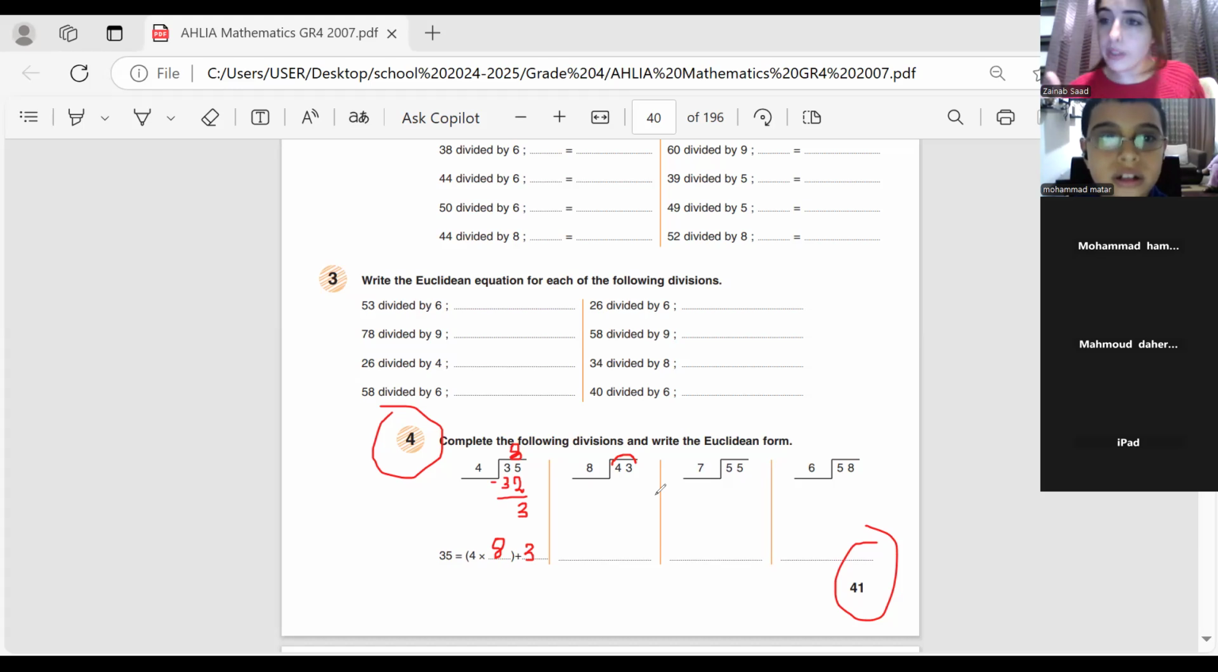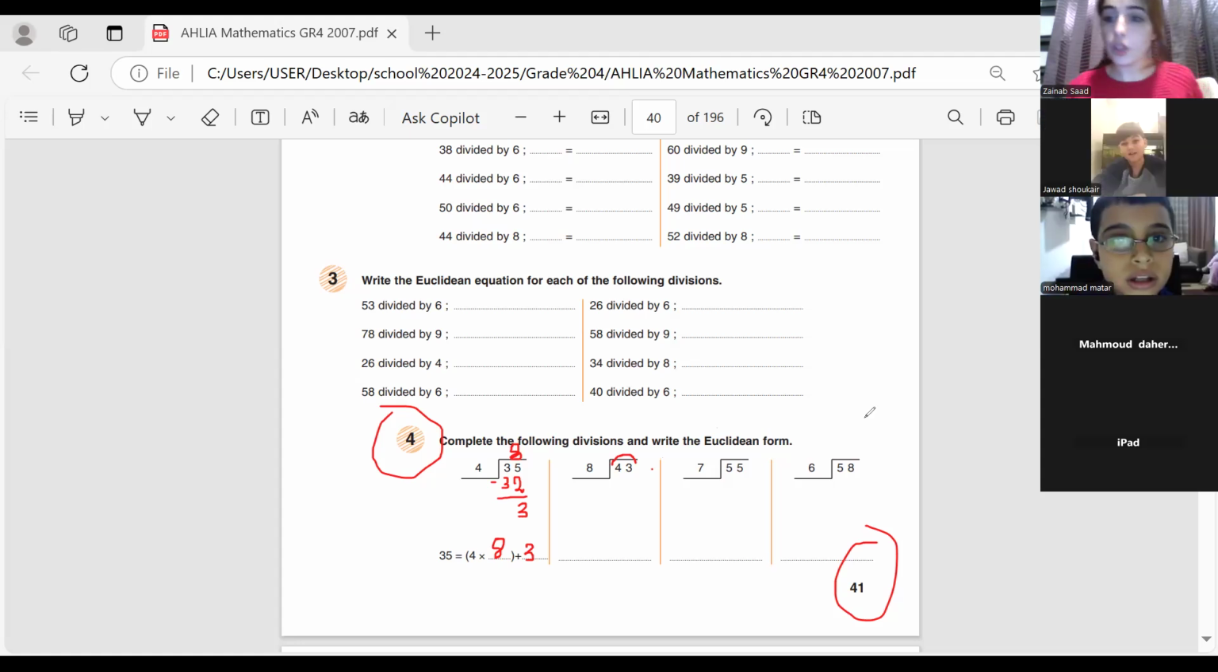Now you are dividing 43 by 8. What are you gonna ask yourself? You have to ask yourself, 8 times what will give you 43 or something near to 43 in the multiplication table of 8? Of course, not something bigger than 43. No, Muhammad, it's 6. 8 times 6